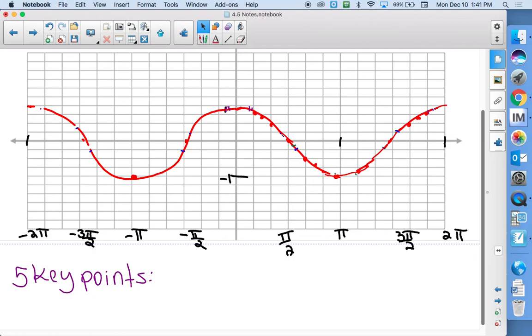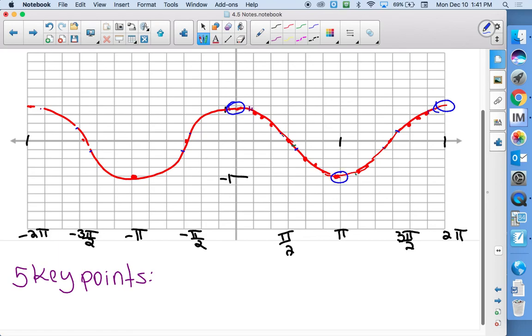Sabrina, how about some x-intercepts for cosine? There's pi over 2, 0. Good, pi over 2, 0. There's 3 pi over 2, 0. Perfect. 3 pi over 2, 0. So we now have max, 2 of them, a min, and then our 2 x-intercepts that would create the